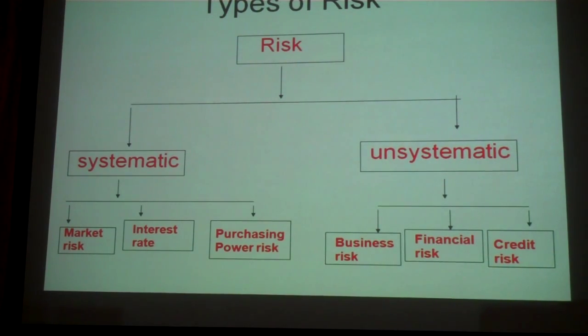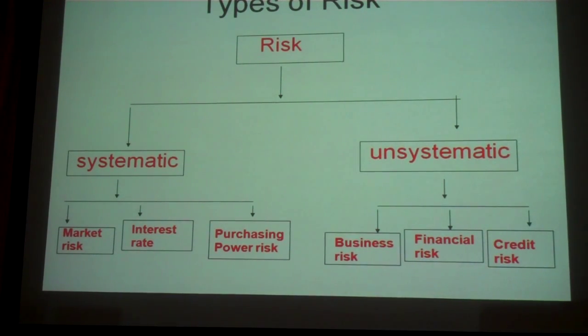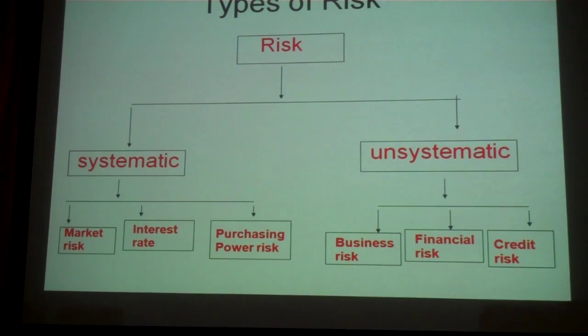Or I will take 100% of my money and invest it in Reliance Industries. I am 100% exposed to the damages which Reliance faces. Okay? But if 50% of my money I invest in Infosys and 50% in Reliance, now what happens? If forex risk happens, only 50% of my money is exposed to that risk, another 50% of my money is safe. If some damage happens, 50% of my money is exposed, another 50% is safe.